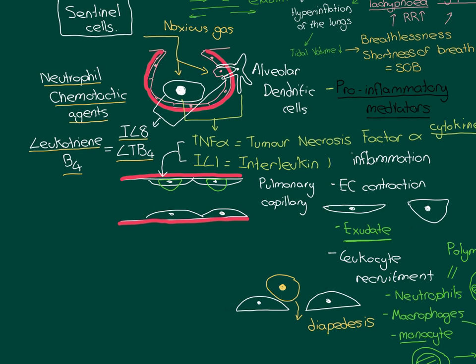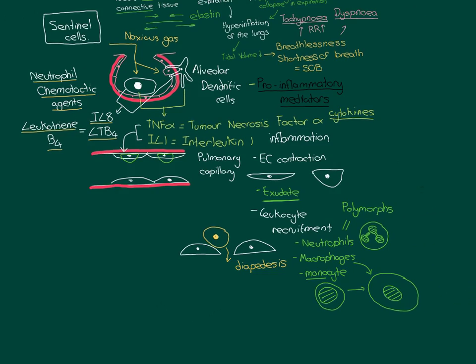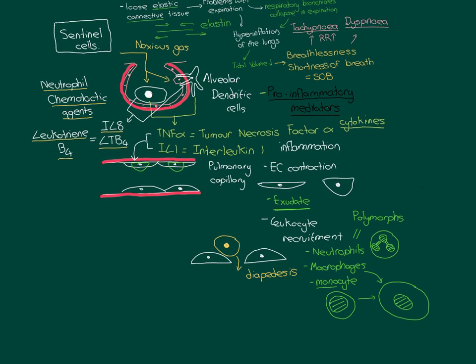Okay, right. So, neutrophils and macrophages. So, let me summarise where we've got to now. So, we breathed in the noxious gas. That has activated the sentinel cells, the alveolar macrophage and the alveolar dendritic cells in the alveoli. And by the way, you can have more than one alveolar dendritic cell in a single alveolus, and more than one alveolar macrophage there. Just for the basis of this picture, I've drawn one of each.